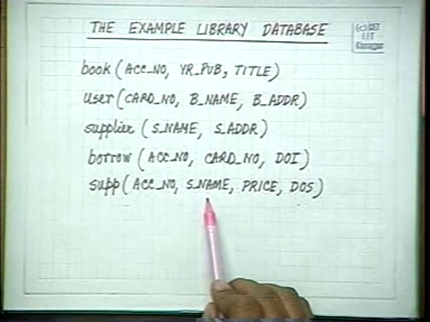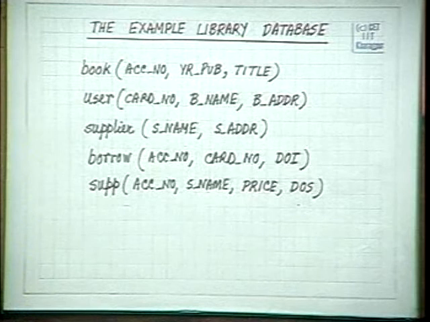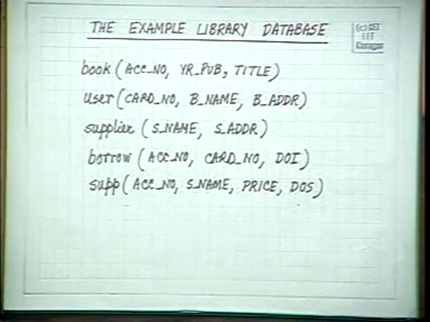Now, let us come to another constraint. I will put in an artificial constraint to explain the meaning. We will come to more real examples later on. Since this is a simple situation, we are describing it by such a simple thing. Let us say that one particular supplier is allowed to supply only one book per day. That is the constraint. Suppose that is the constraint.